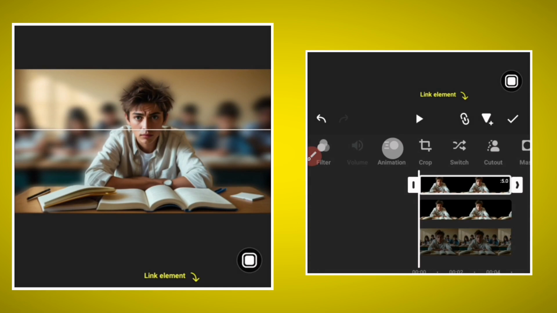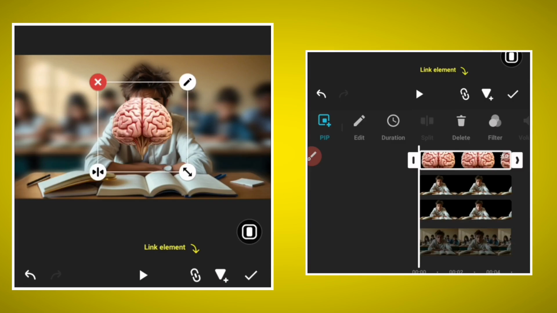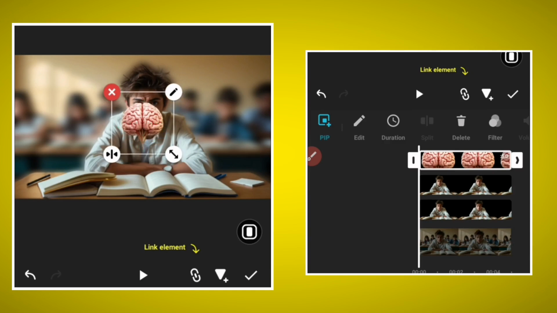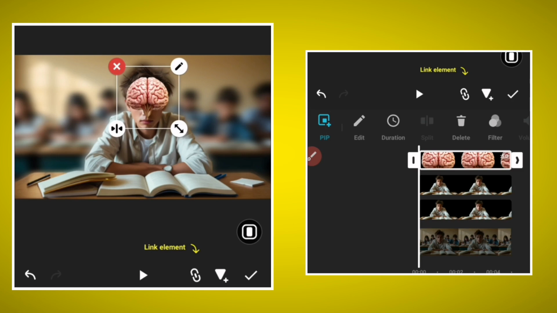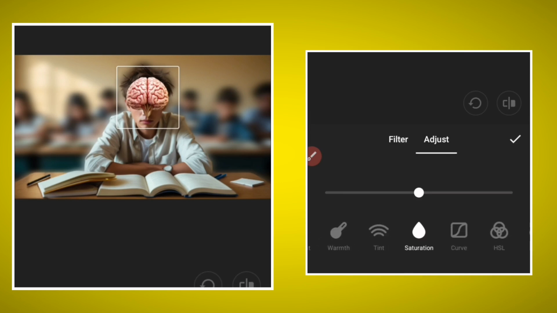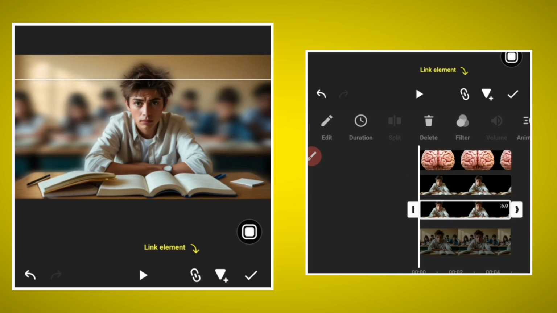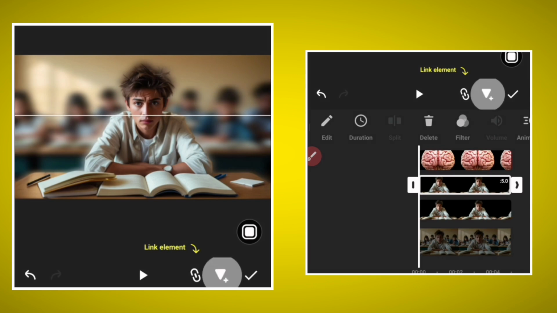And when you adjusted the size, then simply come to your PIP and take this brand PNG or a logo, whatever you want to use. Simply decrease the size of this brand PNG and adjust it here, and then come to the filter option and adjust. Come to saturation and decrease it. Then decrease it a little bit more like this, and then click on the first layer, then the second layer, and now upper layer, and then put a keyframe